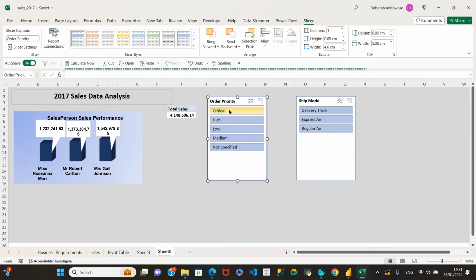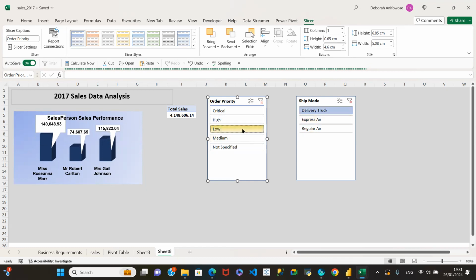and if I click on critical, we can see that under critical, this is how each one of them performed. Under high, this is how each one of them performed. And if I want to look at high for delivery truck, okay, so if I want to look at high for delivery truck, we can see maybe low for express air, we can see. So that's how to make your